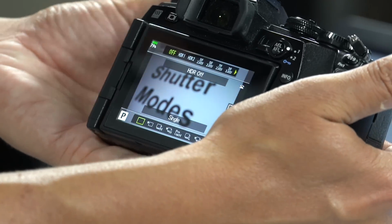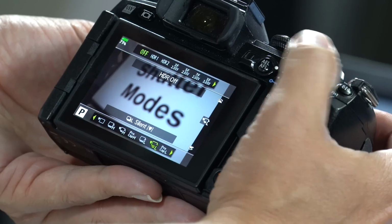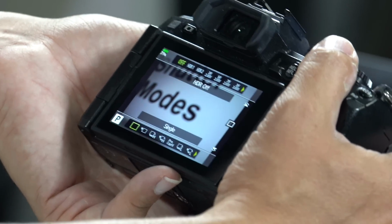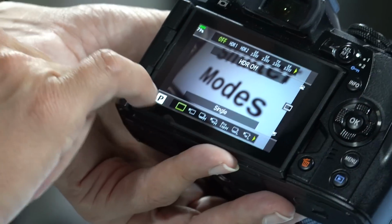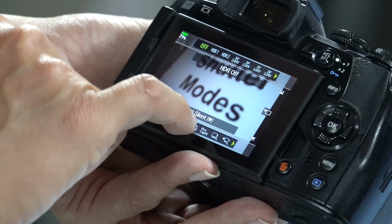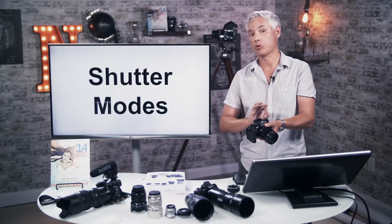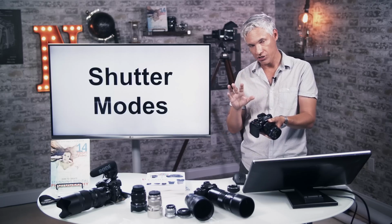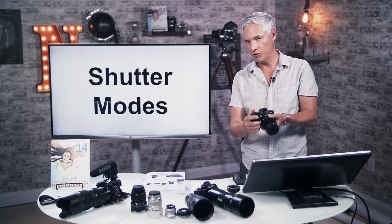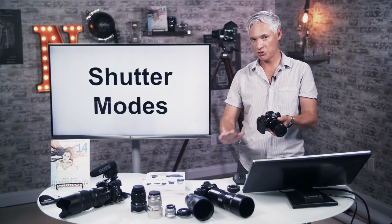So push that, and now I can move this back dial here to switch between an insane number of shutter modes. Olympus gives you so many options. The first one here is single, where it takes one picture. I really never use that. The second one is single silent. Anytime you see the heart symbol, that means the shutter is going to be silent, like completely silent. No little shutter sound, nothing. So now when I take a picture, and if you're ever in a wedding, just please turn silent mode on